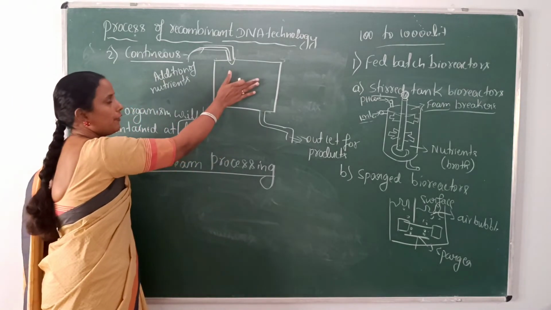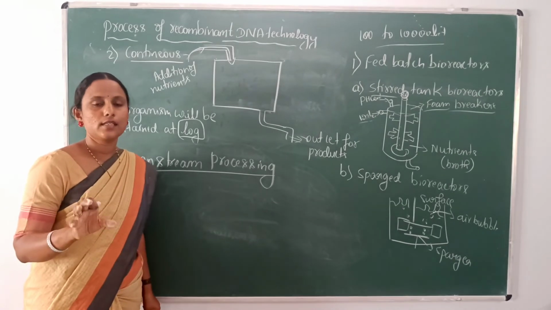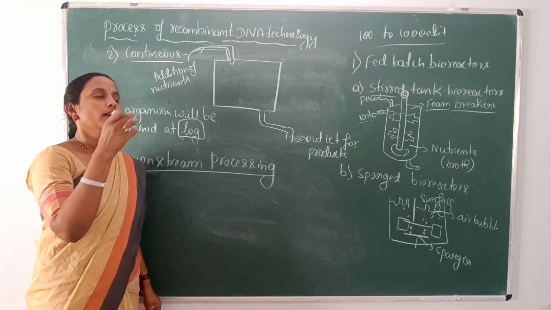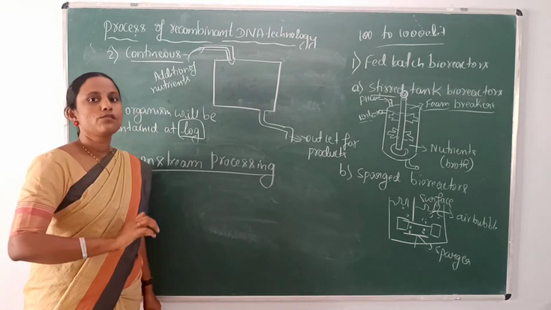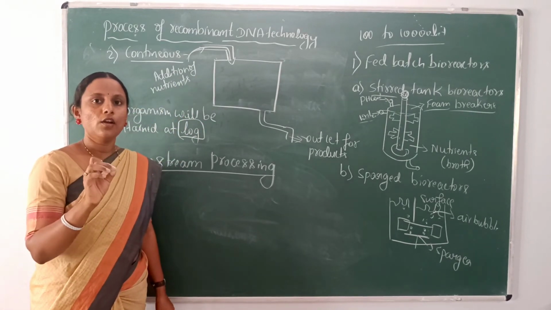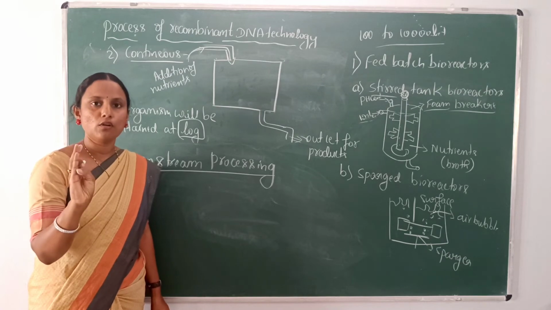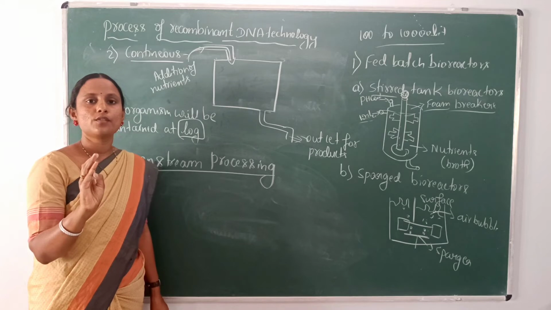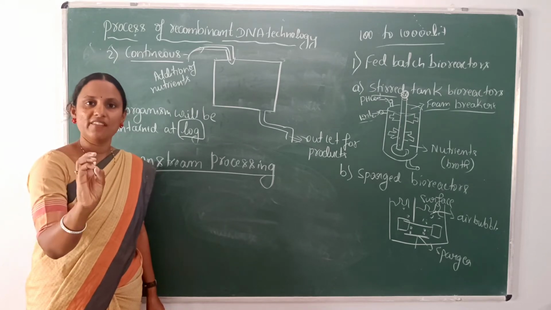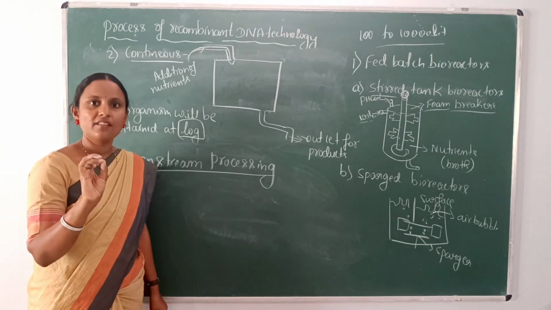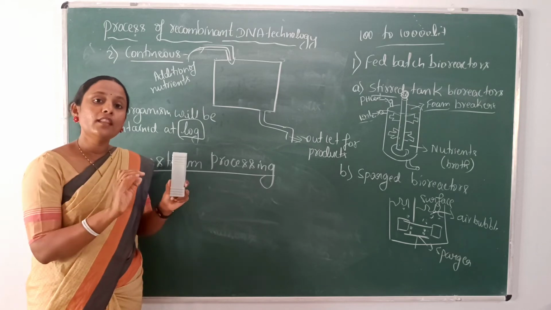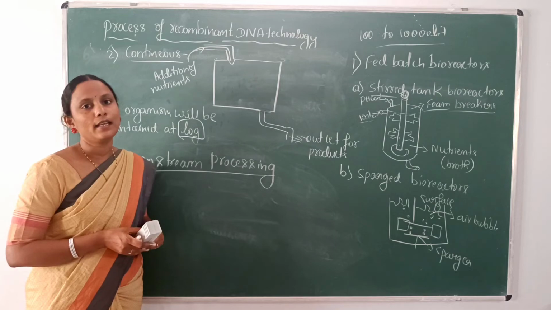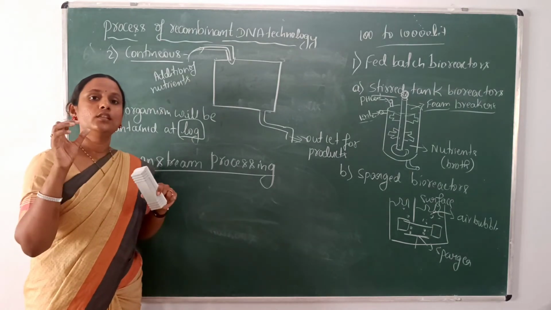For example, if we grow some product here, say for example wine or any insulin for that matter, not only wine, not only insulin is present. Along with that, it has the growth organism, that is the host cell, some toxic substances produced from the host, some metabolic waste will be there, nutrient waste will be there. So everything should be separated and the product need to be taken out, and those